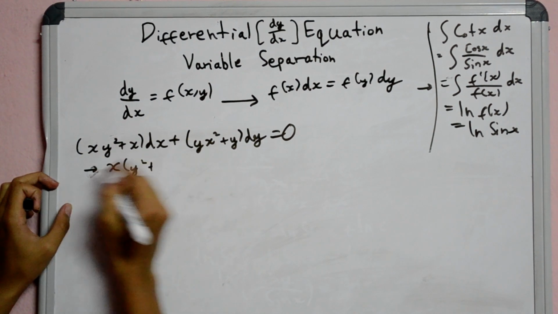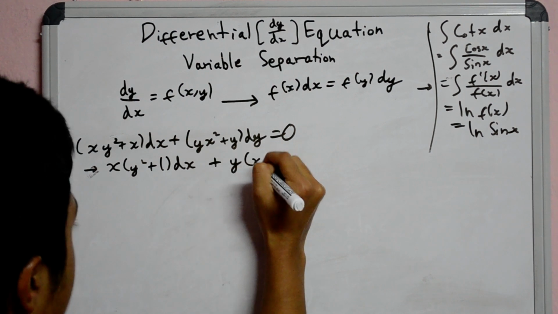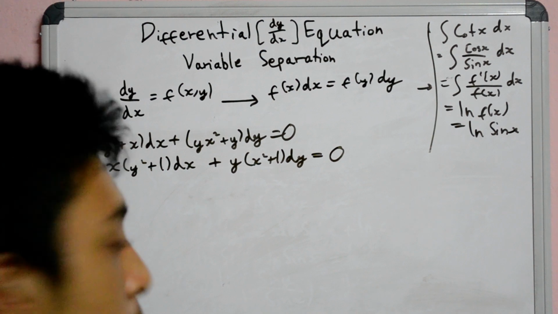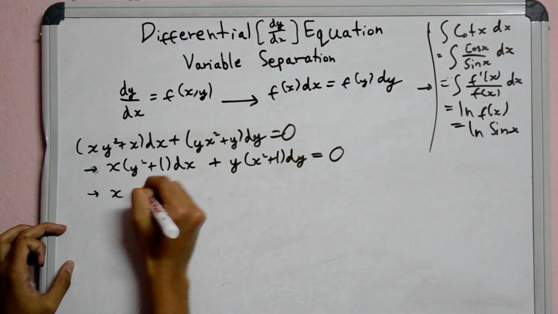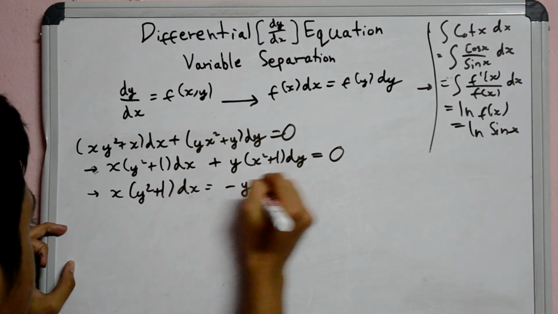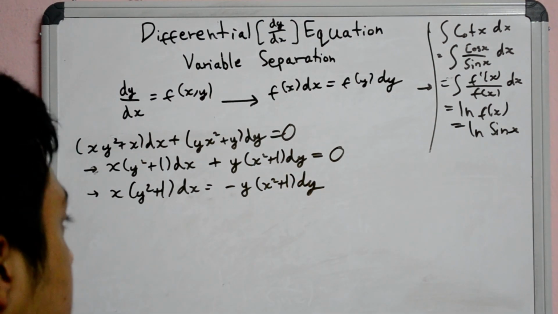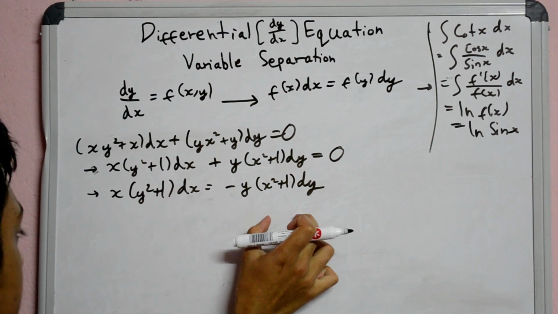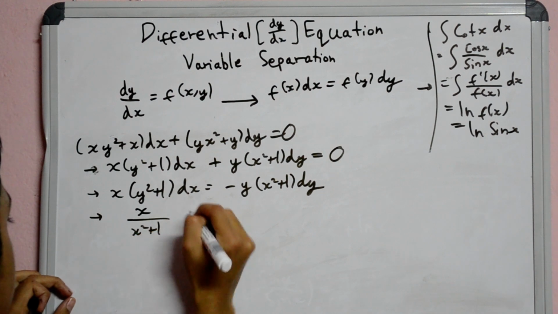Just write x(y square plus 1) dx plus y(x square plus 1) dy equals to 0. So what we can do is put that on the right hand side, so we get x(y square plus 1) dx equals to minus y(x square plus 1) dy. Now we can see that we can put the x square plus 1 down here and the y square plus 1 down here. So we will get x by x square plus 1 dx